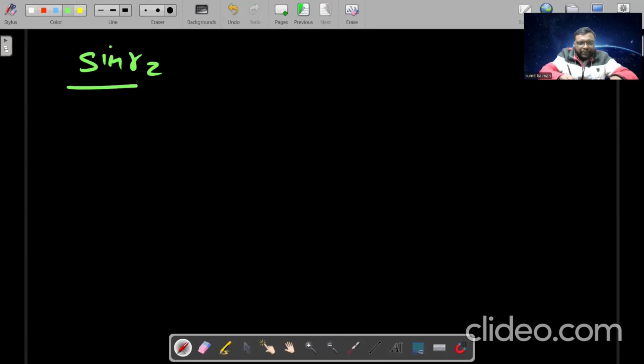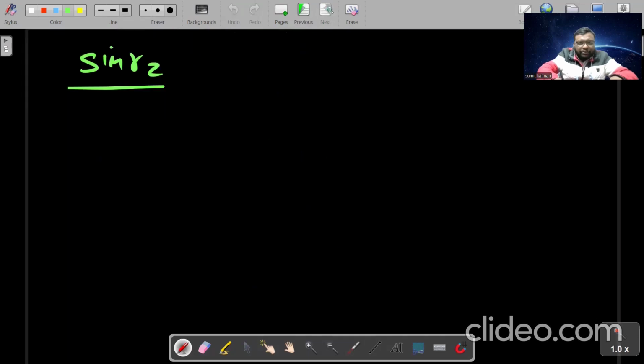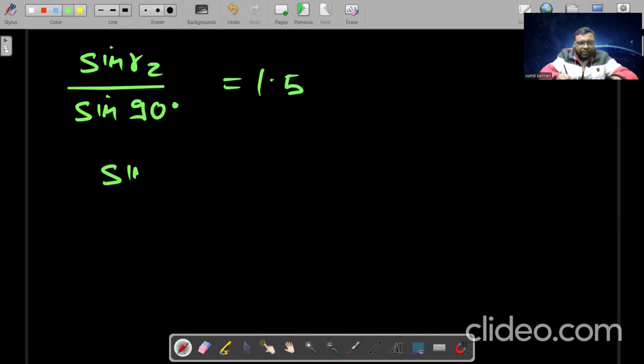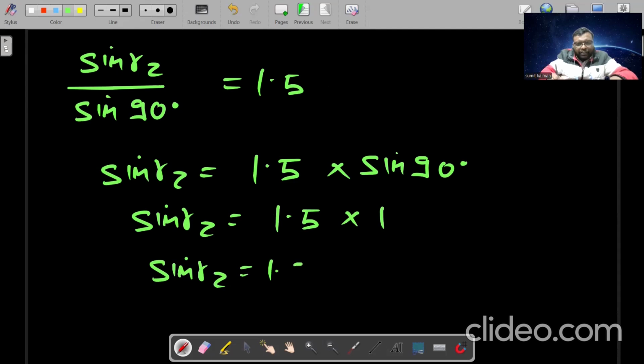If you see the figure carefully, the angle of emergence is 90 degree. So here we will put e equal to 90 degree. Sine 90 degree is equal to 1.5 sine R2. On simplification, sine R2 is equal to 1.5 into sine 90 degree. And students, sine R2 is equal to 1.5 into 1. So here sine R2 is equal to 1.5,